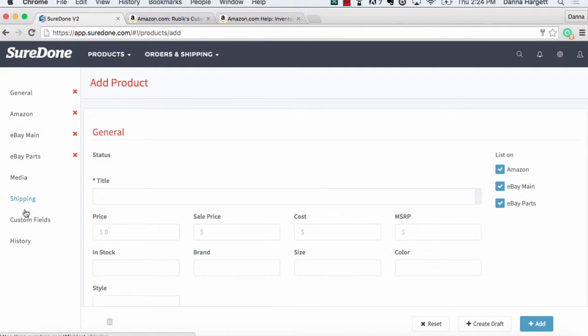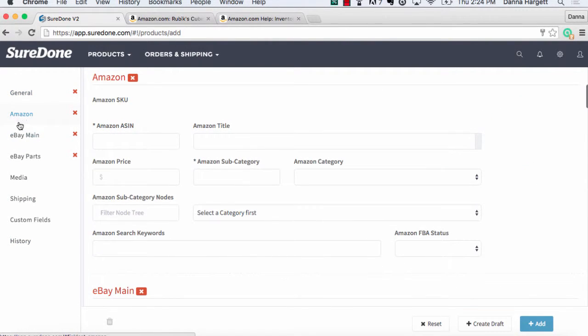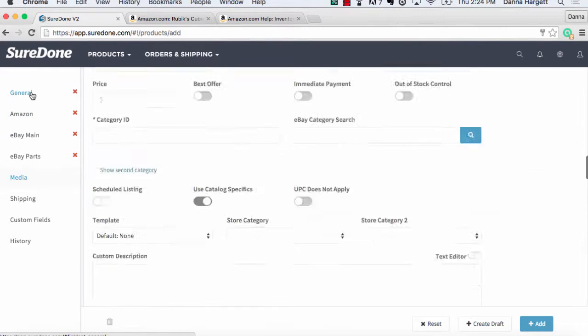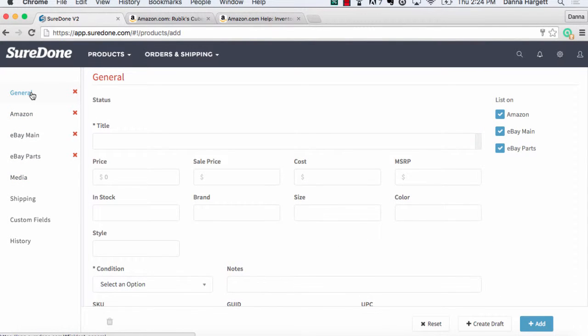This will take us into the Add Product screen. Just to orient you, for those of you who might be unaware, you can use the subtitles on the left here to click through to different chunks of information that you might need. So that's how you can skip very quickly through sections of the data. And then, of course, here on the right, you'll see all the channels that we are capable of listing on. In this case, we're only going to be listing this to Amazon, so we're going to uncheck all of our